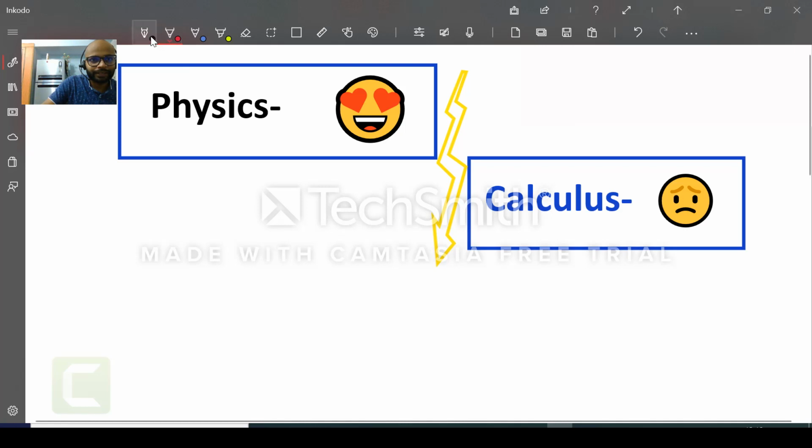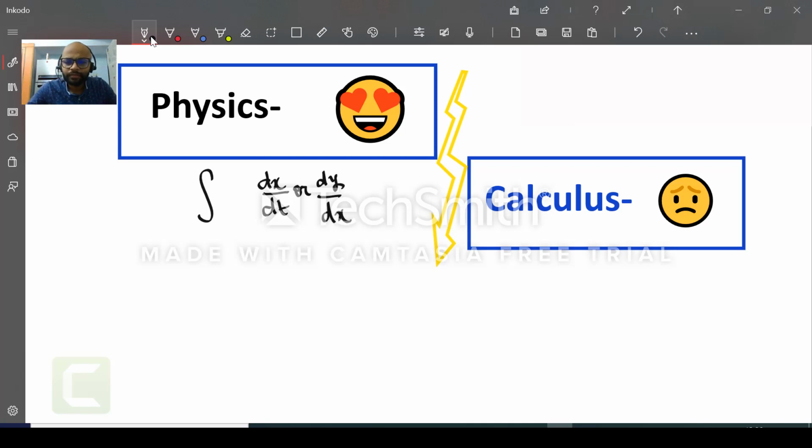Whenever these symbols of integration or differentiation come to you, physics starts to look difficult, right? And we think that probably this is not for us. This is not a subject I like. Let us go to biology or chemistry. But what if I told you that calculus is not difficult? It is very, very easy and it actually gives you a better understanding of the subject. So today I'll try to take this fear of calculus out of you, and for that we'll begin with differentiation.